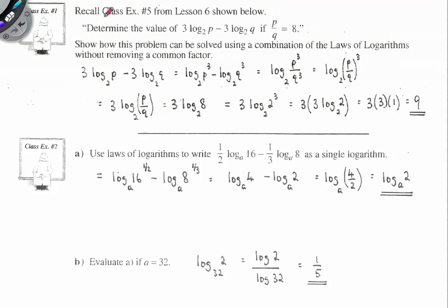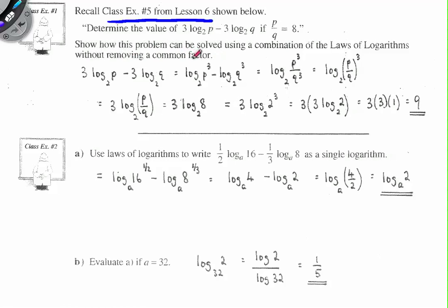Okay, in example 1 it says here to recall class example 5 from lesson 6 shown below. And we do that. It says determine the value of 3 log p base 2 minus 3 log q base 2 if p over q is 8. So it says show how this problem can also be solved using a combination of the laws of logarithms without